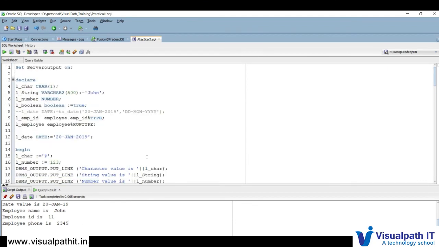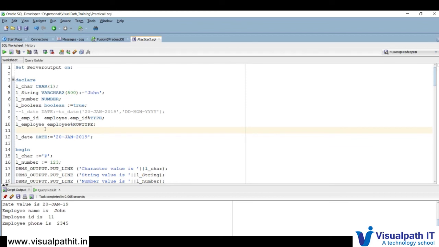In this fashion you can create all the variables like percent type or percent row type. Those were the two things which I left previously.